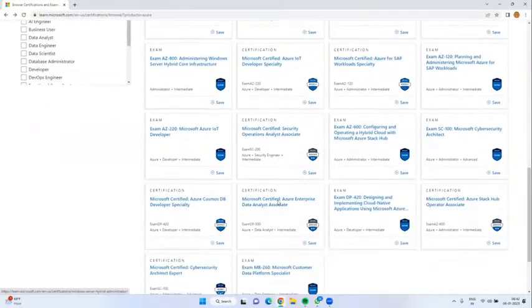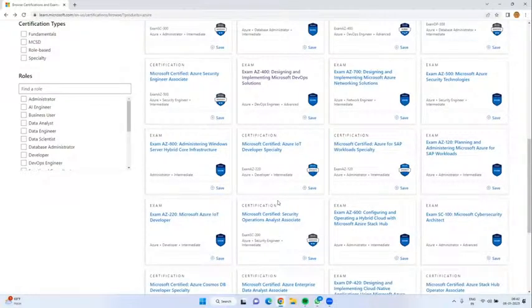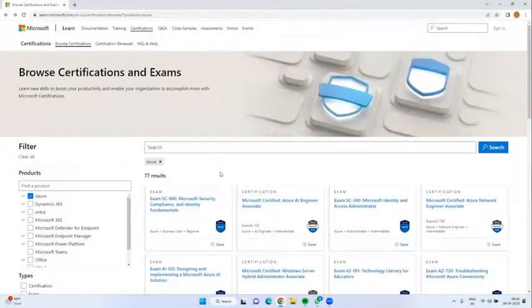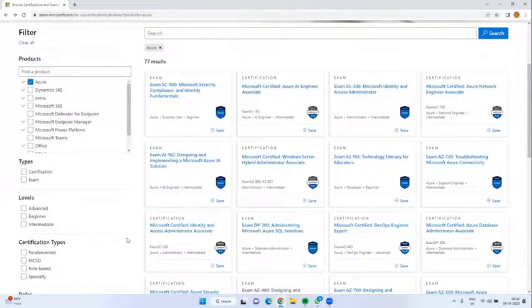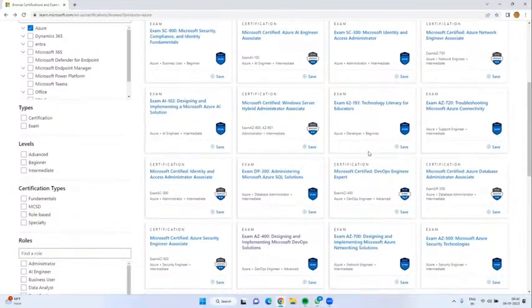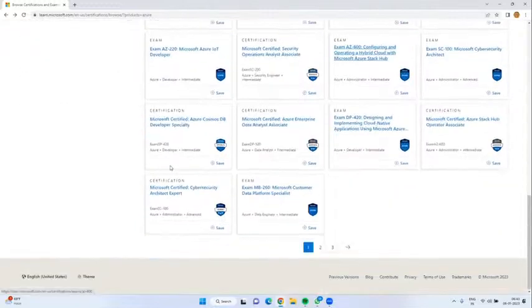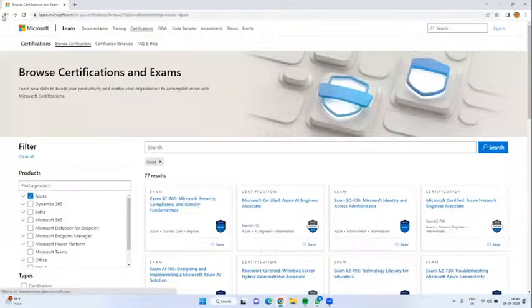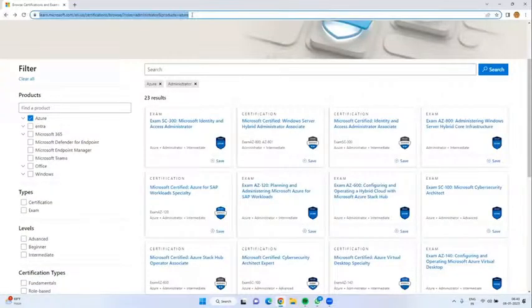We have artificial intelligence, administrator, developer, architect, data engineer, machine learning, cyber security. So all different types of certifications are there. Based on your requirement, you can proceed, learn the technology, and get certified. This is the overview of Microsoft Azure certification papers. I will share this link. Just keep it with you for your reference.